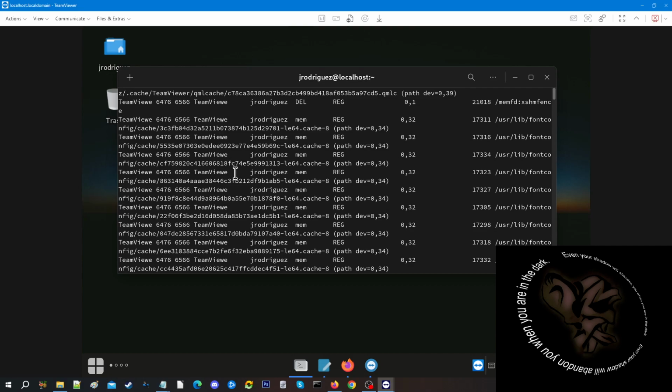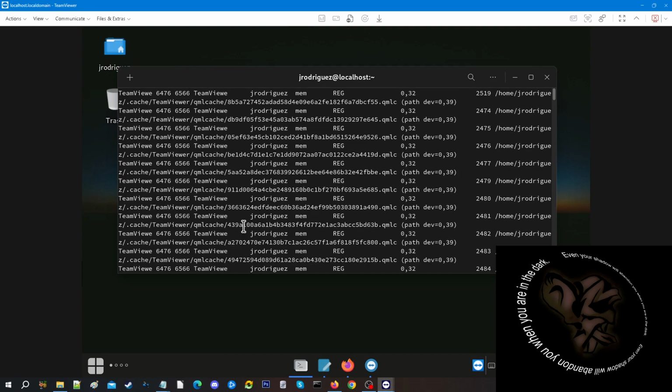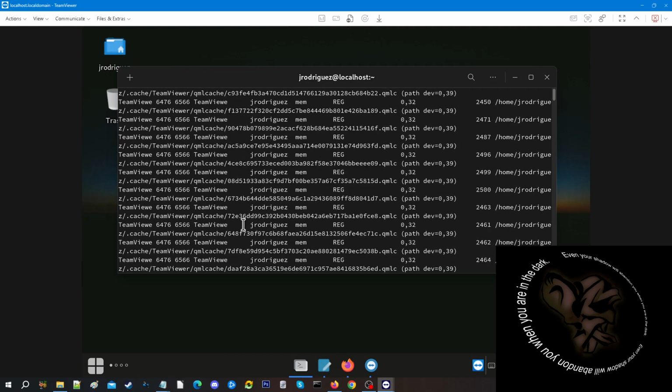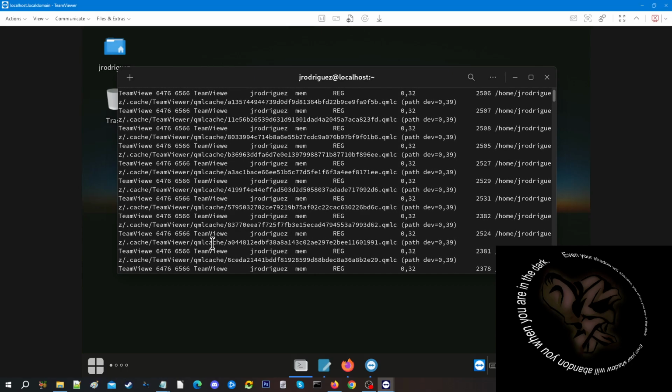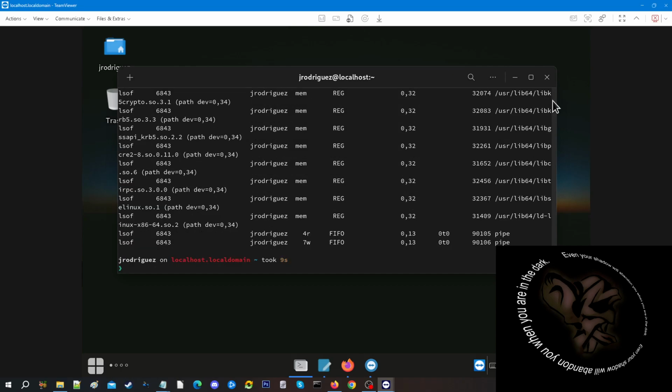Also, I'm using TeamViewer in order to log into this device, so of course you're going to see a lot of TeamViewer applications. But you get all this information: paths, process IDs. All that's here for you to use and learn from. Now, if we try to experiment, we do that same